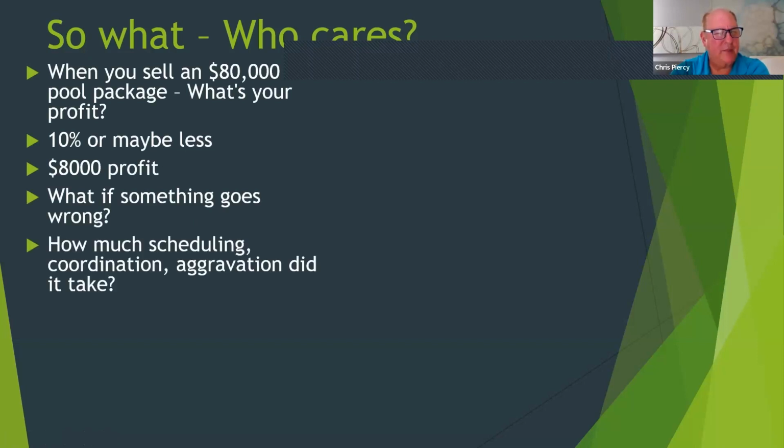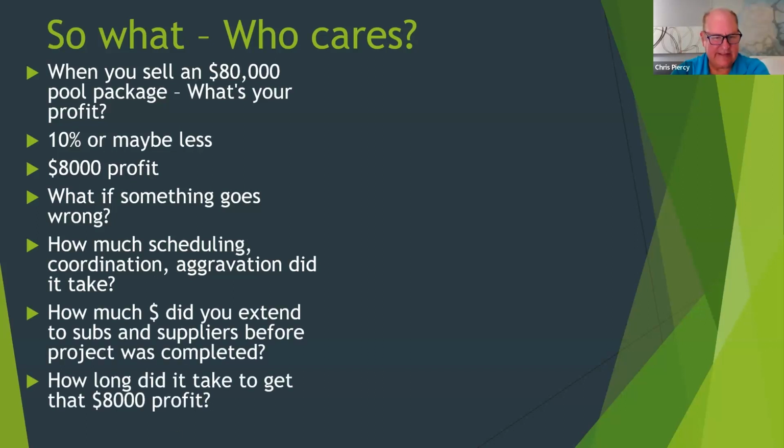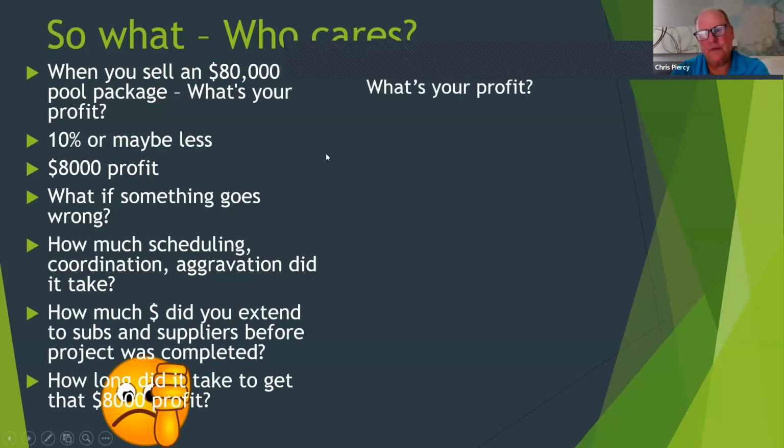How much time, aggravation, coordination, scheduling did it take to get your $8,000? How much money did you have to spend to subs and your suppliers before the project was completed? Not a great cash flow situation. And how long did it actually take you to get that $8,000? 6 months, 8 months? It takes a long time, right? Well, what if you sold a